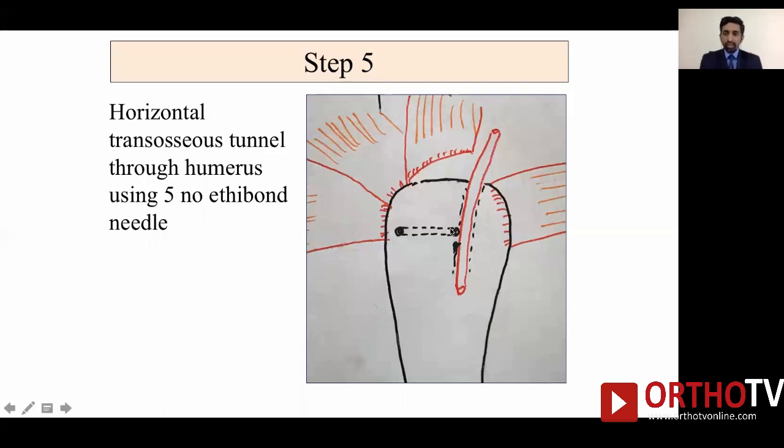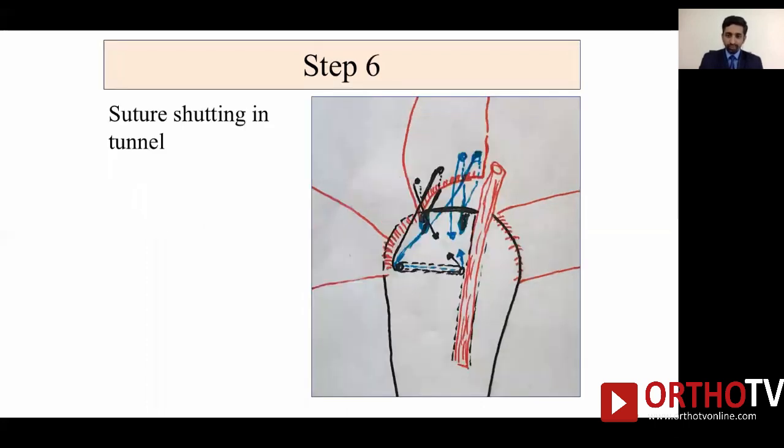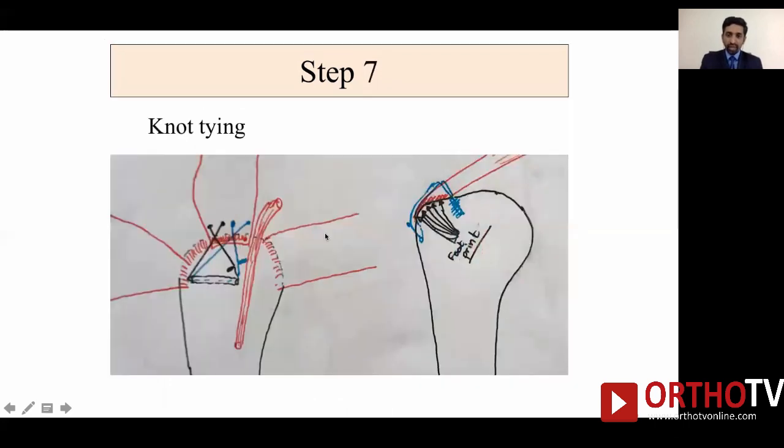So the deltoid groove is a very hard bone. We can make a small drill hole there using a K-wire or a drill, and with an Ethibond needle, we can develop a horizontal transosseous tunnel. Then using the Ethibond suture as a shuttle, we deliver this posterior suture through this tunnel anteriorly. So all these posterior sutures are delivered through the anterior tunnel, and then they are tied with the fellow suture here to create a crisscross and cause a double row repair like that, causing a footprint compression.